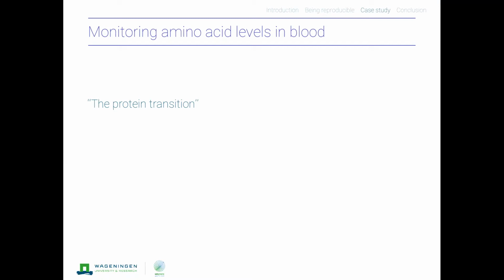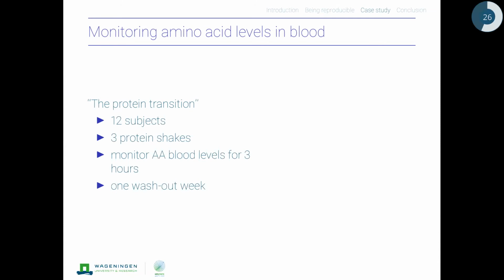So what we are trying to do here is investigate alternative sources of proteins for humans. As you probably know, most of the human protein intake is coming from animal products, and one way of making our society more sustainable is to eat more plants, basically. Problem is, most plant proteins are not very well digestible, and there are not too many plants that have a lot of protein in them. So a lot of research in Wageningen, at least, is looking at finding alternative protein sources for human consumption.